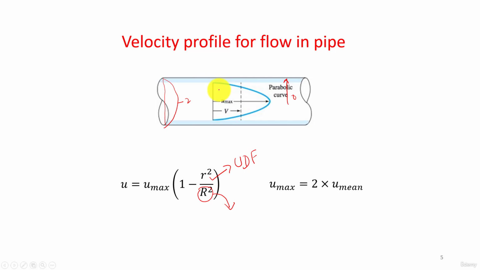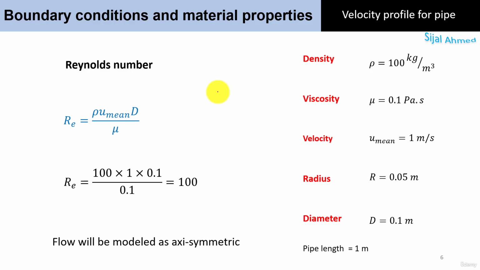Otherwise, if you start with a uniform flow, it will take some length of the pipe to make the flow fully developed. This can be like 1000 meters if the Reynolds number is 2000. So this is a very long length. Okay, so let's start with the